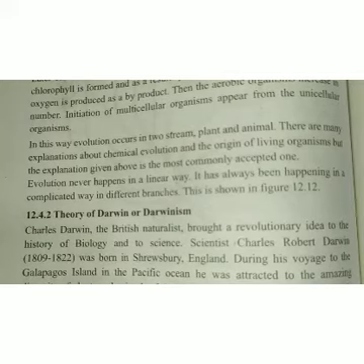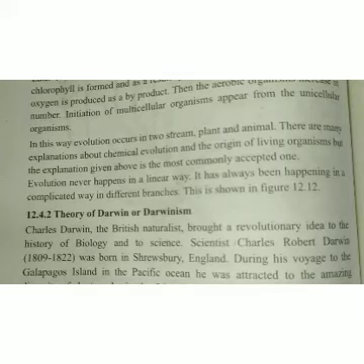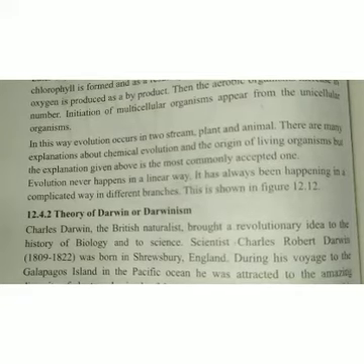Dinosaurs became extinct in spite of being much stronger. They became extinct because they could not adapt well to the environment, but cockroaches are still alive because of their adaptation capability. And this is the main reason for dinosaur extinction and cockroach survival. There is another question: explain the structure